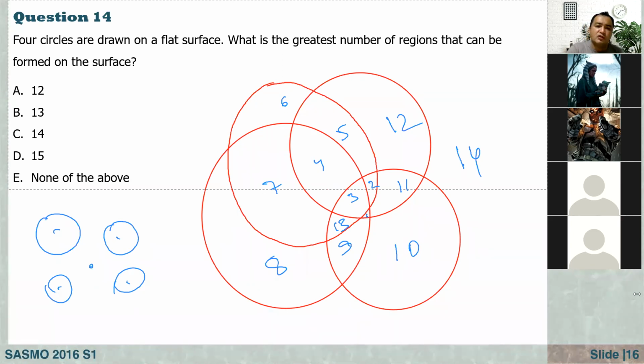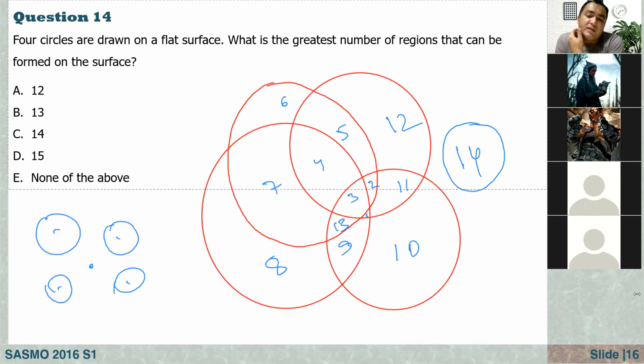Usually two circles create more regions if they intersect each other at two different points. That's why, as you see here, if you pick any two circles, they are crossing each other at two different points. At that time, they can make more regions. And also, Selene, one important point is that we should consider the outside. It is also a region, right? It doesn't have a boundary maybe, but it is a region.